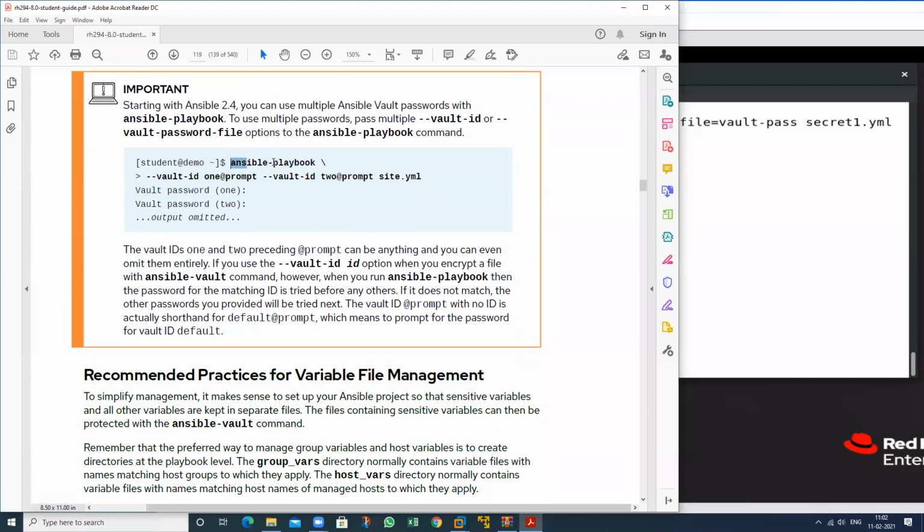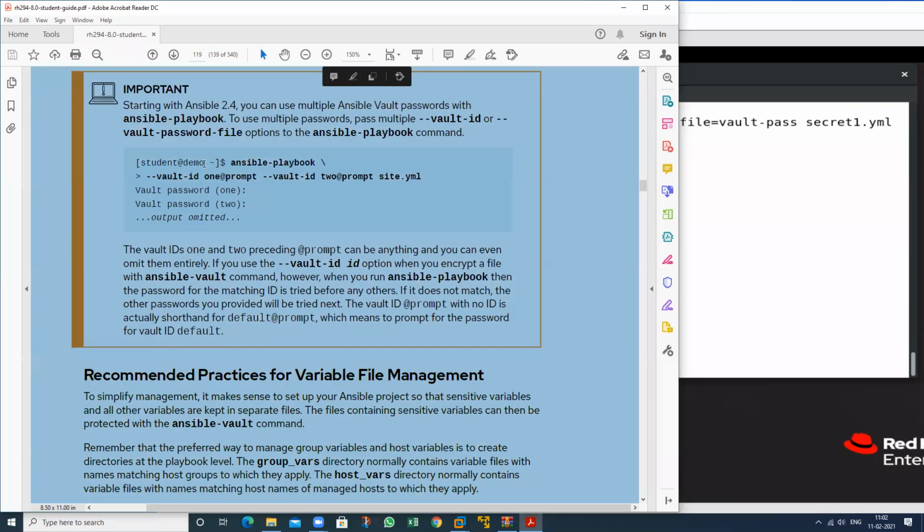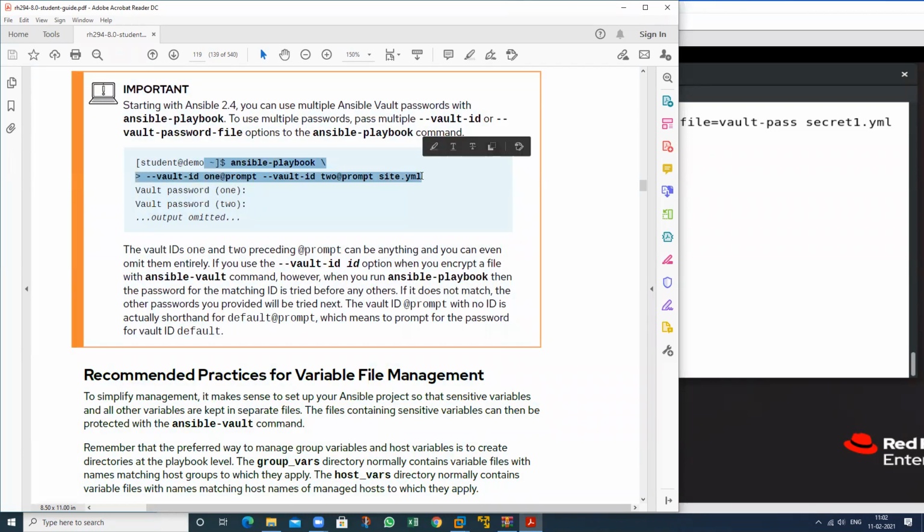And if we have the password for the first one, then again the second one, so two passwords can also be applied. Starting with Ansible 2.4, you can use multiple Ansible vault passwords with an Ansible playbook, passing multiple vault IDs.